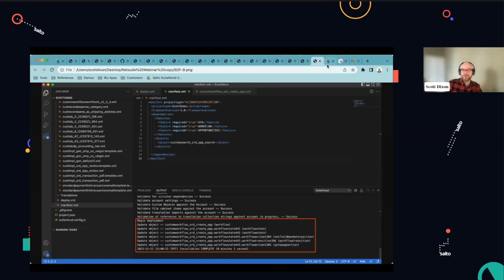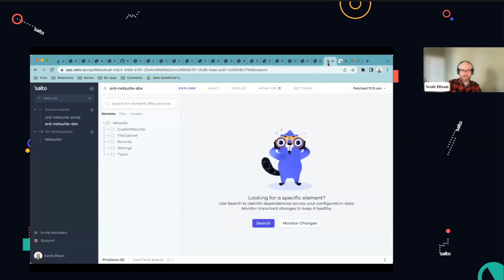Next up, I'd like to show you how to use a tool like Salto to manage deploying this workflow. So Salto is a configuration management platform. It extracts metadata that makes up your NetSuite customizations and allows you to see the dependencies and relationships between all of these customizations. You can also deploy changes between environments, not just promoting sandbox to prod, but as John had mentioned, you can also backport changes that are made in prod to sandbox to make sure that you keep those